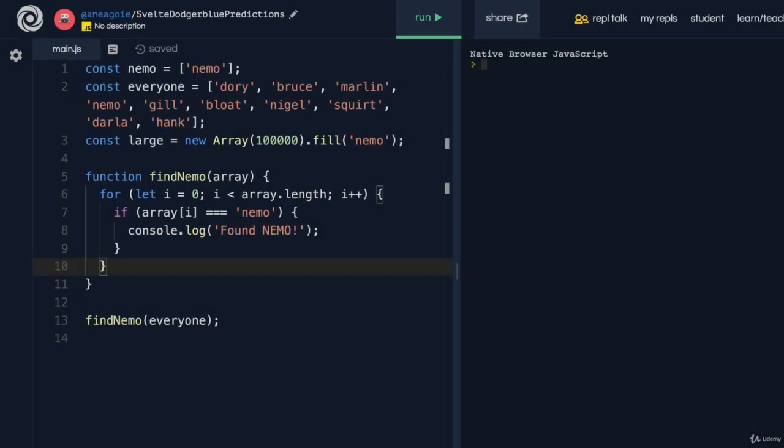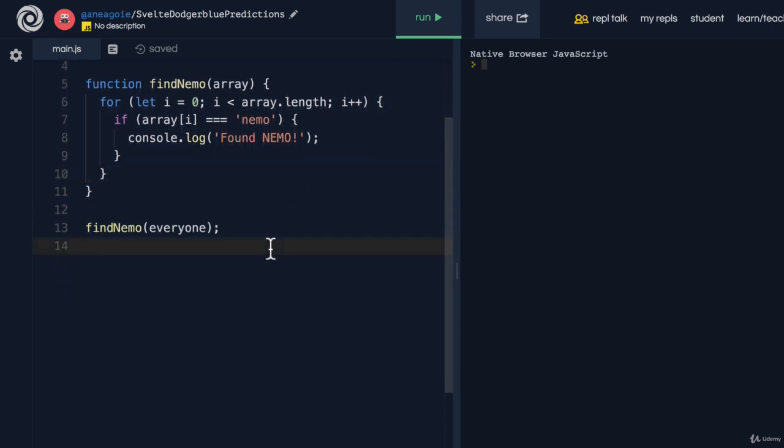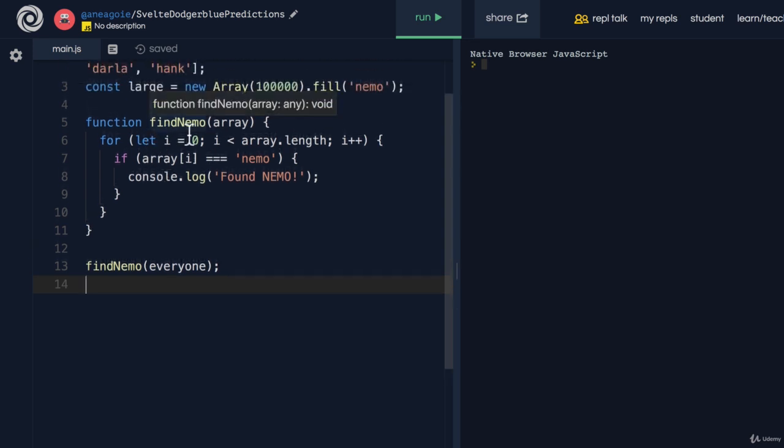Welcome back. I just wanted to show you a quick video, especially for those that are familiar with JavaScript, that there are many ways to do loops in JavaScript. And same with other languages as well. There's many ways to do these loops. So I just want to show you some quick ones that you might see throughout the course, just so you're familiar with them. For example, the find Nemo function that has a for loop can also be written with something